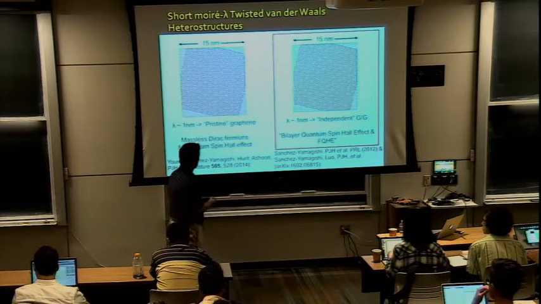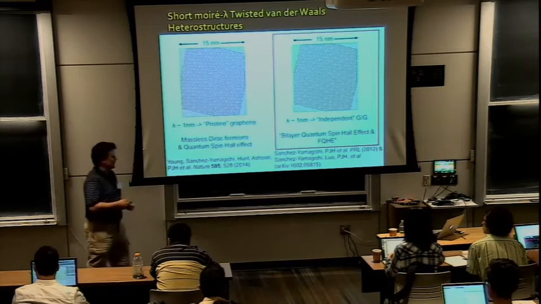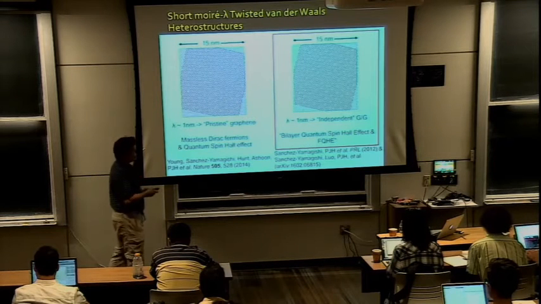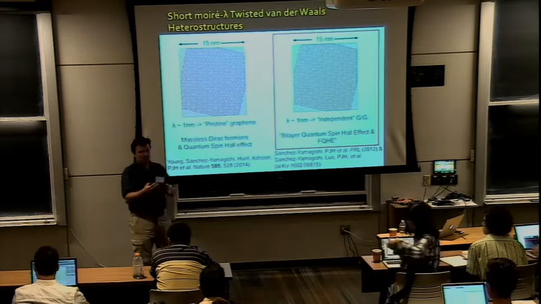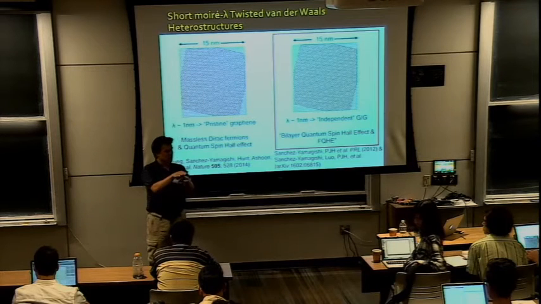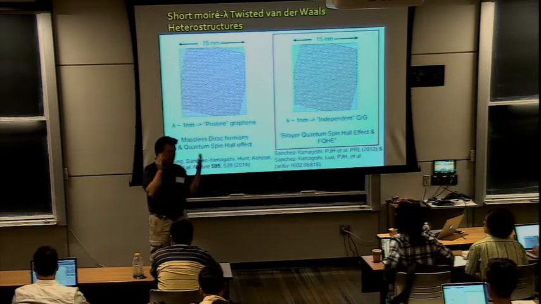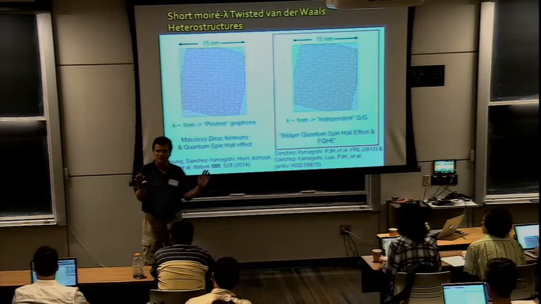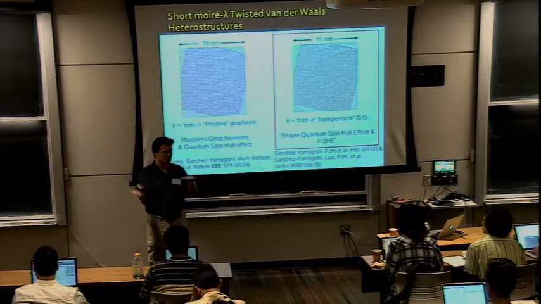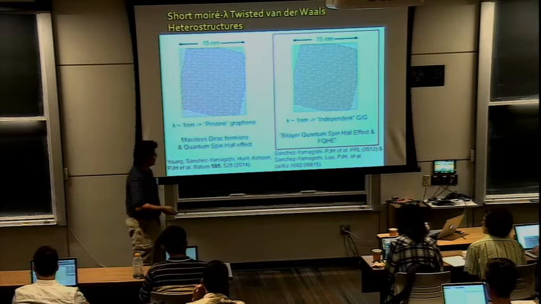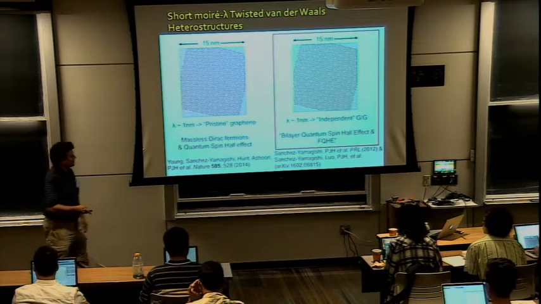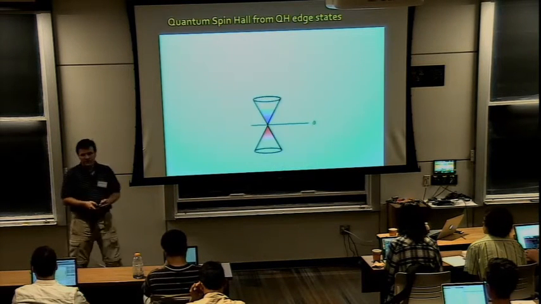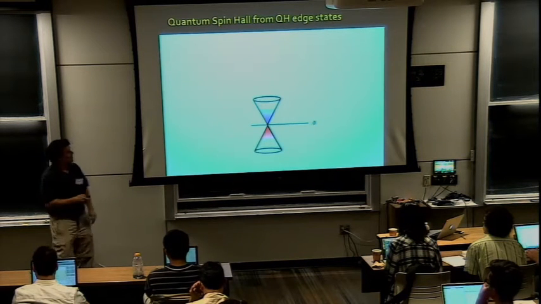And in particular, we look at the quantum spin Hall effect. Today, what I want to tell you about is what happens when you put graphene on top of graphene. Which may or may not be on top of hexagonal boron nitride, but again, the hexagonal boron nitride doesn't play any role other than being a high-quality substrate. Now we have graphene on top of graphene, and let's see what we get there. Now, as a reminder of yesterday's lecture,